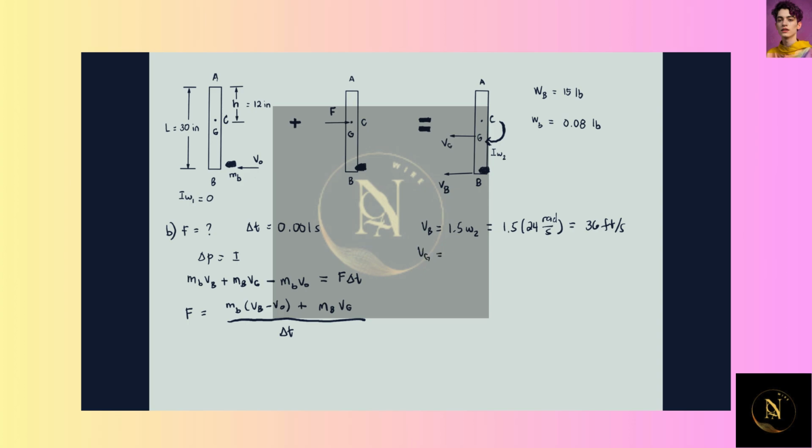And then V sub G is 0.25 omega sub 2, so 0.25 times 24 radians per second, so this would be 6 feet per second. So, substituting these values into our equation for F,